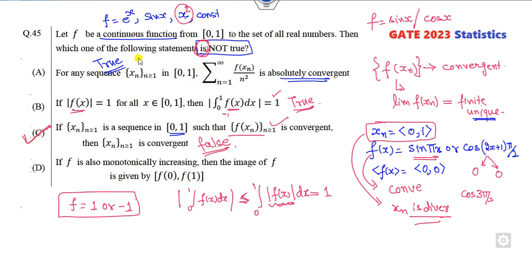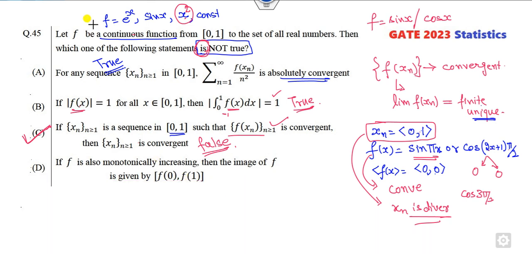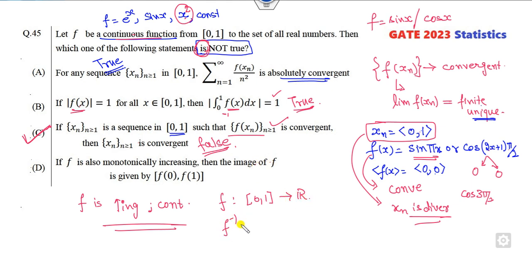But look at this last option. How can you read this statement? F is monotonically increasing. Fine, f is also given to you as continuous. What is the meaning of that? F is a mapping from 0, 1 to the real numbers. Then the inverse of f